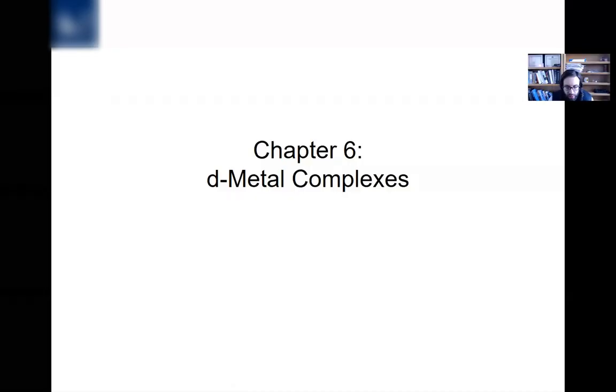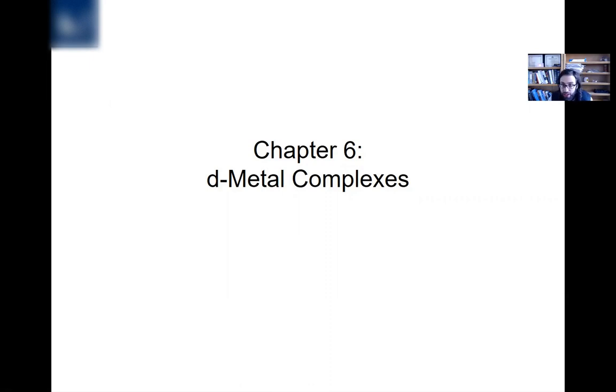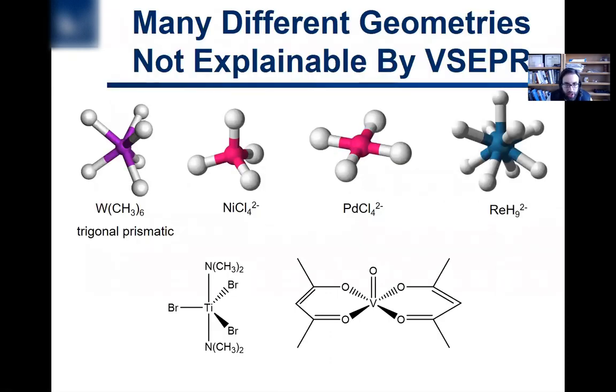All right, so the last chapter was sort of just a primer on coordination chemistry in general: different nomenclature, isomers that can exist, different ligands, what is coordination chemistry. Now we're going to dive in specifically to d metal complexes. Coordination chemistry is sort of a bigger umbrella. Now we're just going into the transition metals during chapter 6. And the transition metals are very interesting: many different oxidation states, many different geometries that can't be explained by